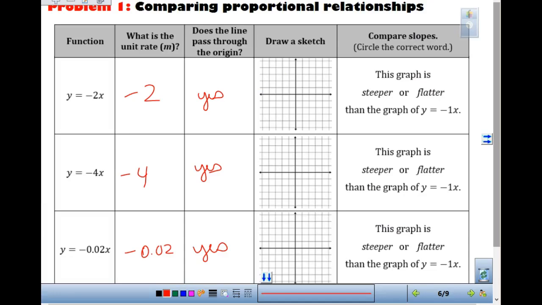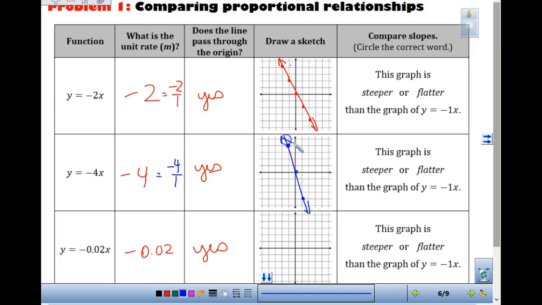So if I'm drawing these, we want to have accuracy again. If I go to the first one at -2, that means I'm going a slope of -2 over 1: up 2, back 1, up 2, back 1. Remember, the line had to go down. Use your straight edge and connect these, but I want those nice dots, okay? Mr. Cleve's going to be walking around checking that you're doing it accurately. As I do the next equation, -4, that means -4 over 1. That's really steep. I'm going to go up 4 and back 1, down 4,